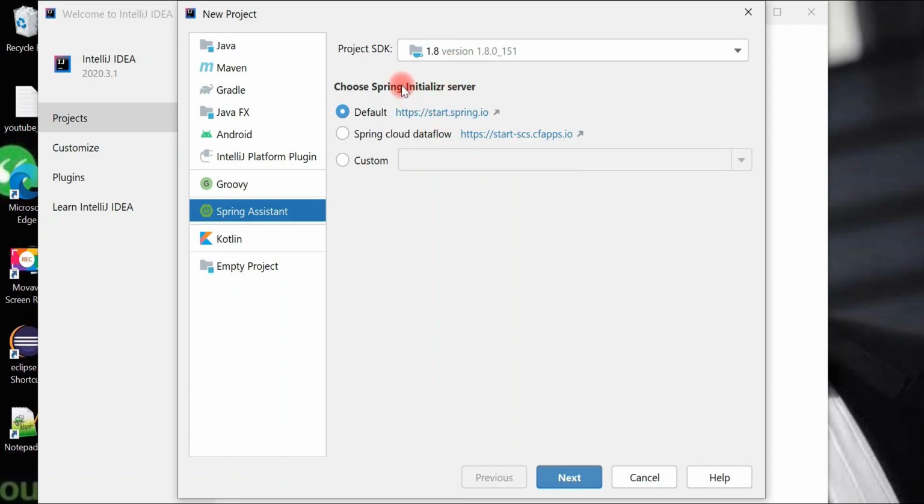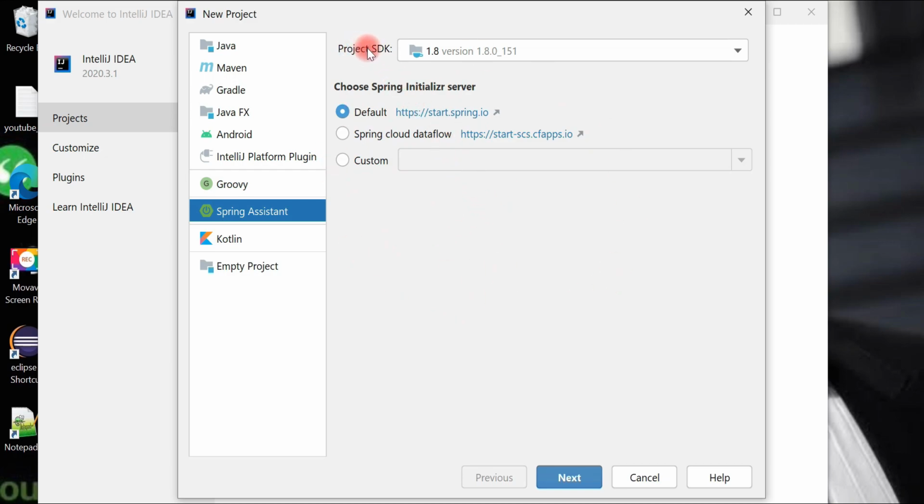Alright, so we're going to use this Spring Initializr in IntelliJ IDEA directly with the help of this Spring Assistant plugin. Going forward we'll be creating Spring Boot projects using the Spring Assistant plugin in IntelliJ IDEA.